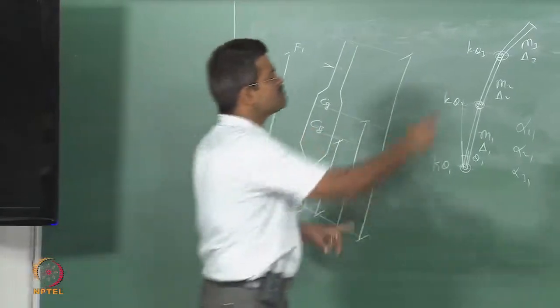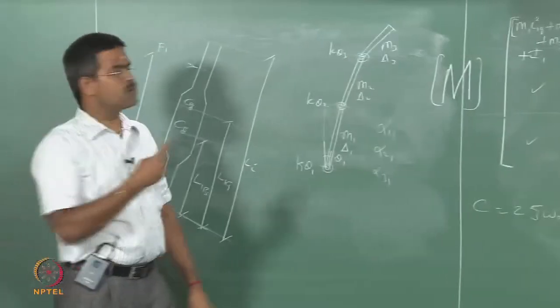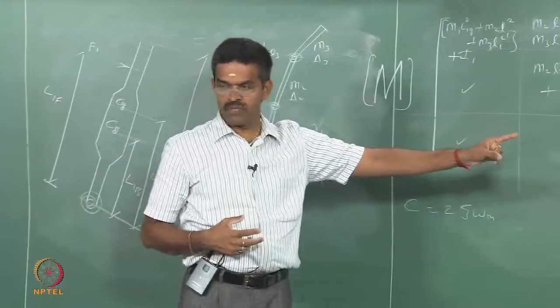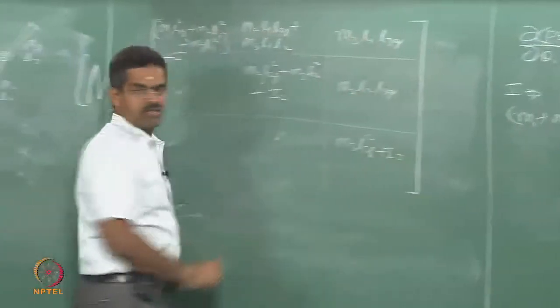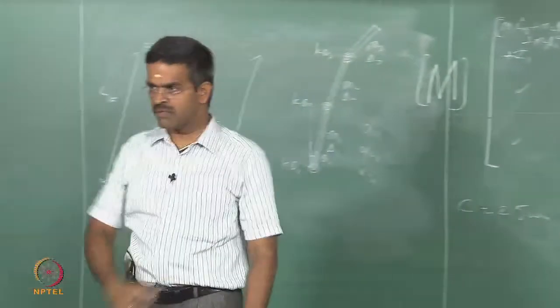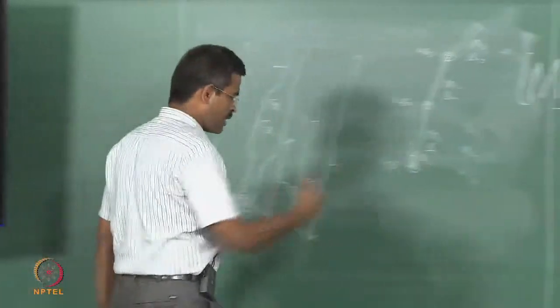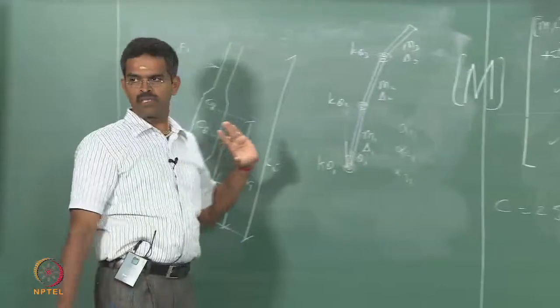So instead of writing this matrix directly for a 3 hinged tower, I have picked up a 2 pendulum system problem and I derived that value for you. Then I just picked up the same idea and extended it for a 3 by 3, n by n system. It is very easy to understand, right? That is the reason why I have picked up that. So we hold it here, we get back to the response control. Any questions here? Any questions?